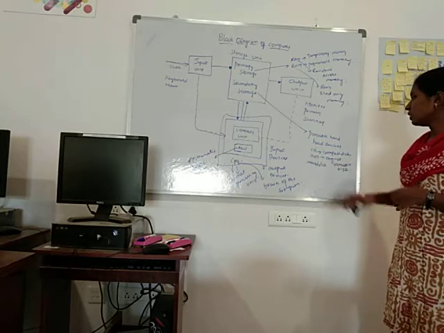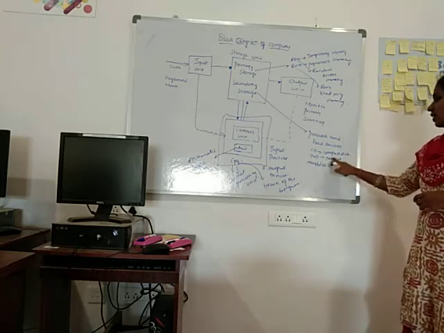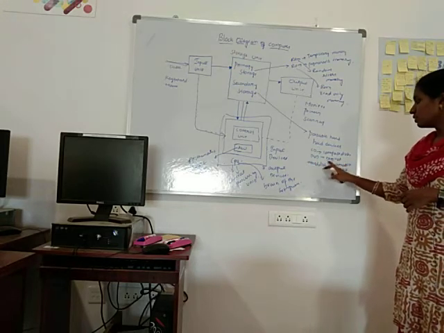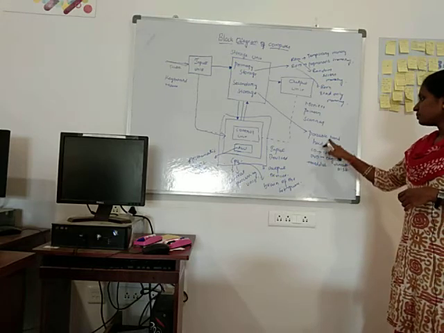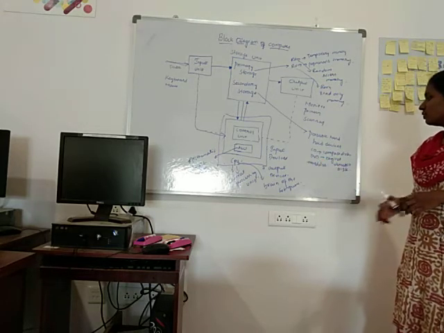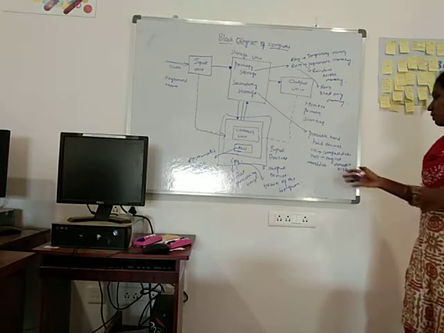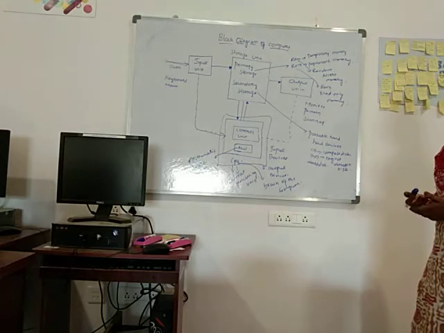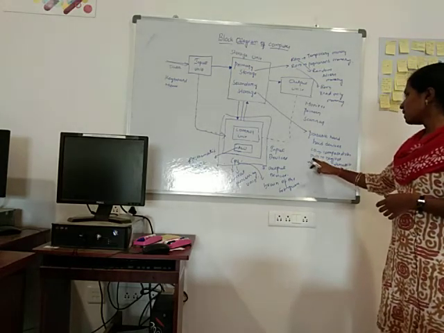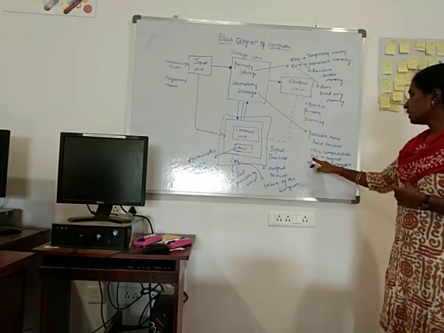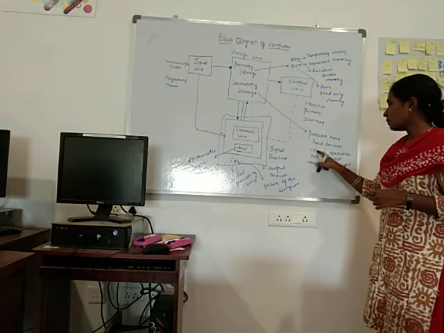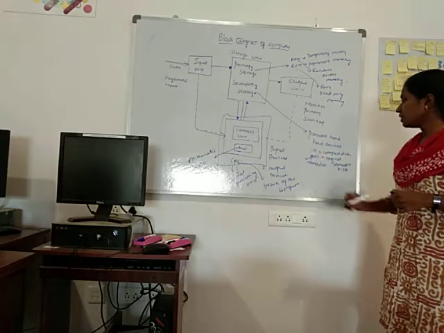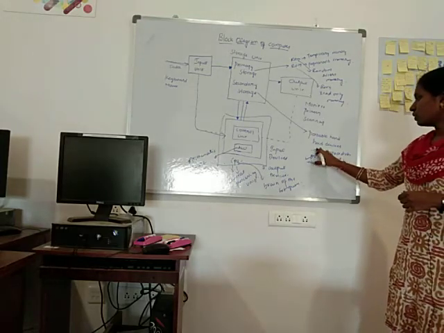Next, CDs and DVDs. CD stands for compact disc and DVD stands for digital versatile disc or digital video disc, and finally hard disk. CDs and DVDs can hold a large amount of data and can store audio files and video files at a time. When comparing CDs and DVDs, DVDs can hold a larger amount of data than CDs.